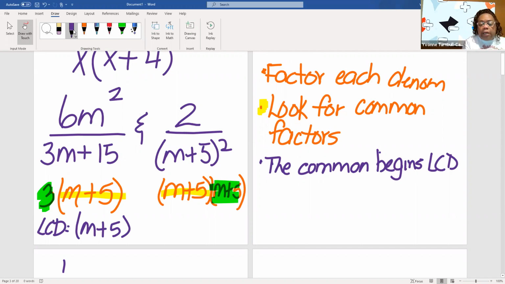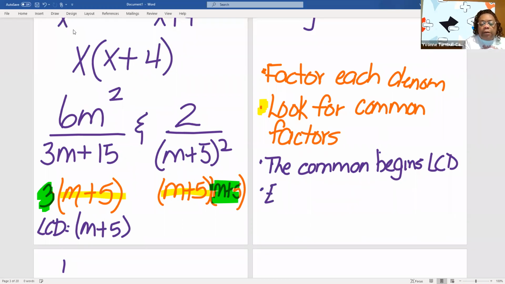So at this point right here, each denominator, and here again I'm abbreviating, will